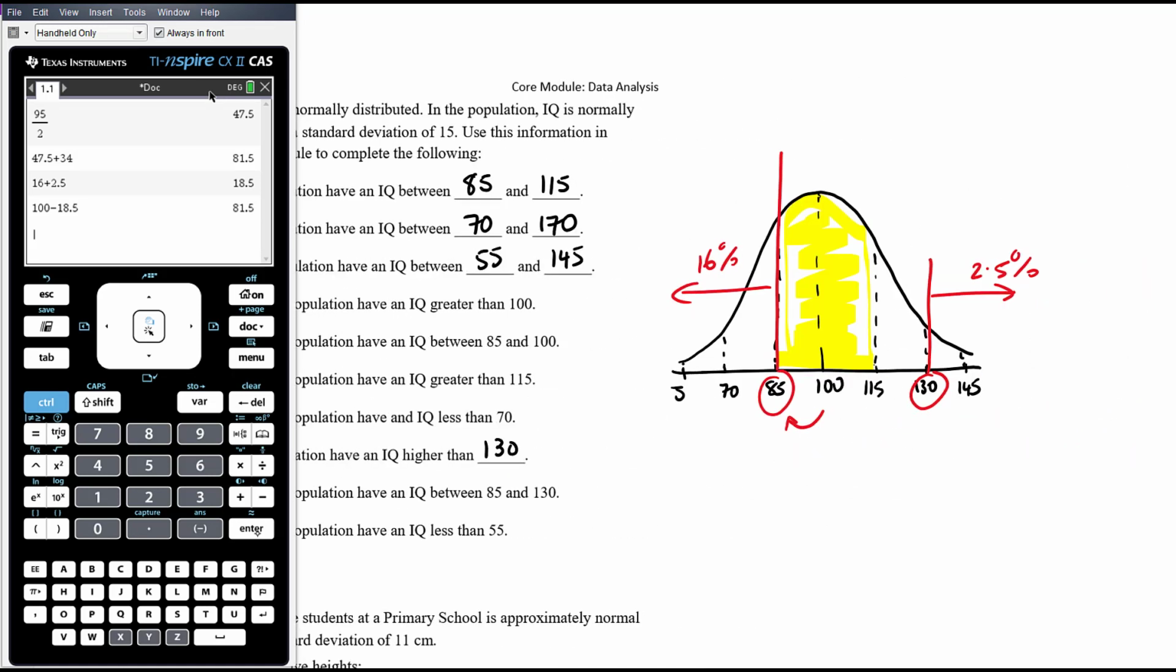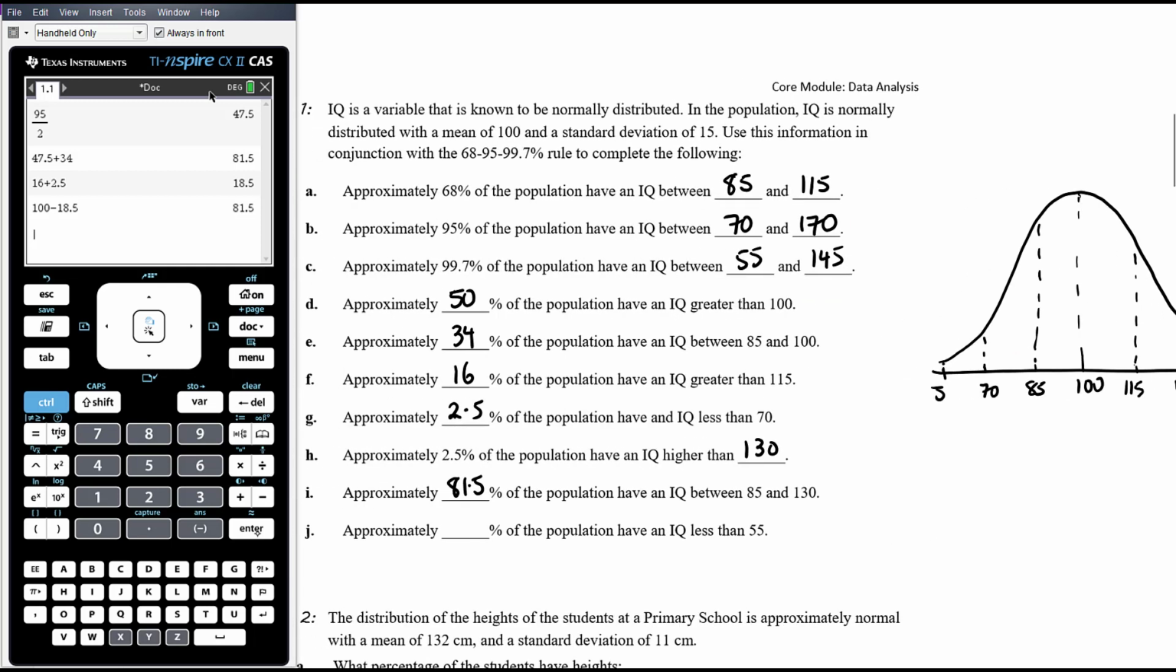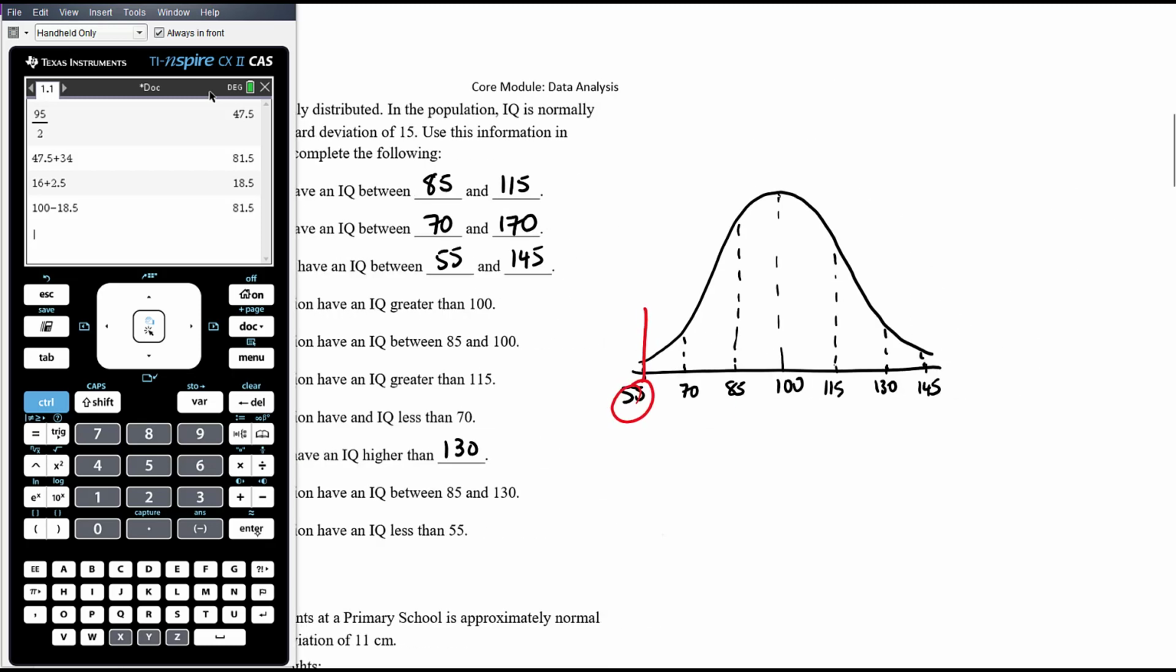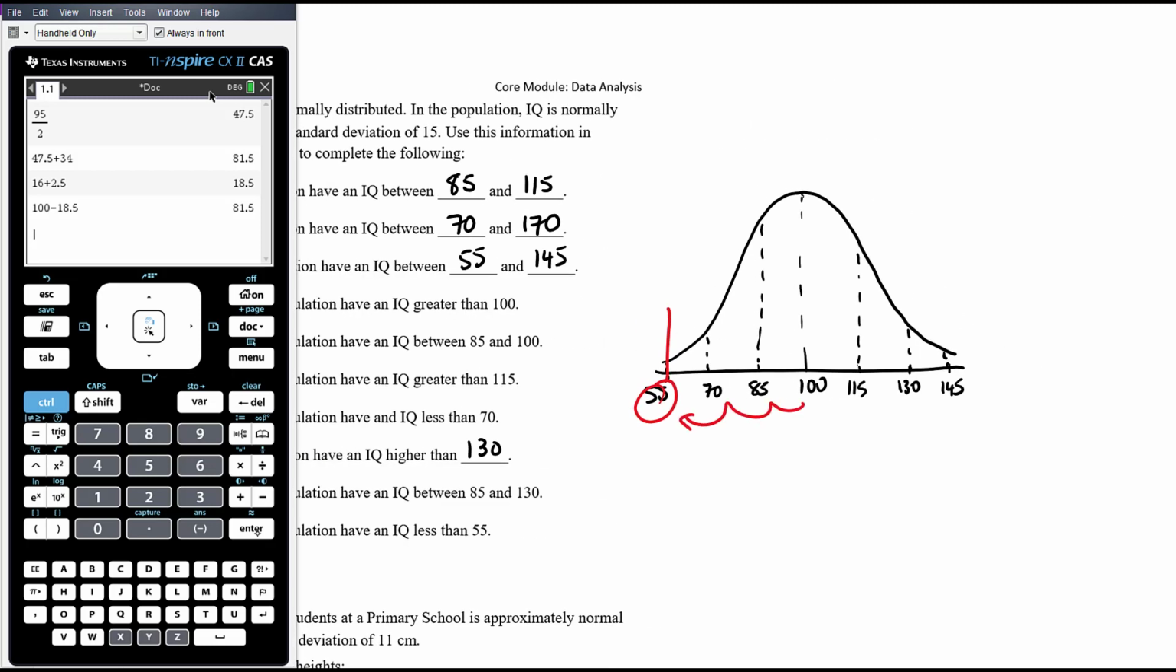Alright, last question. Approximately what percentage of the population have an IQ less than 55? Sorry, I've just erased that. That's 55 over there. So here's 55 down here. That is 3 standard deviations below the mean. We know that within 3 standard deviations of the mean, all of that,